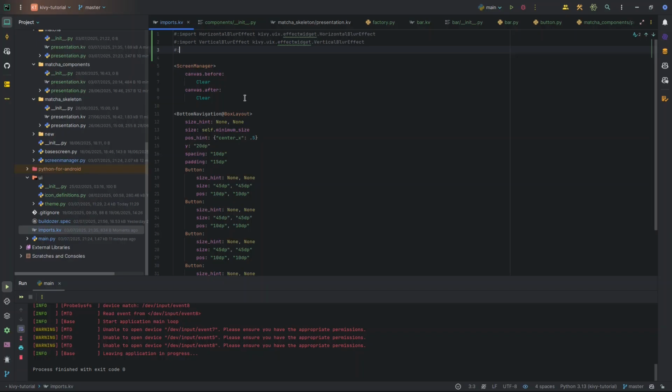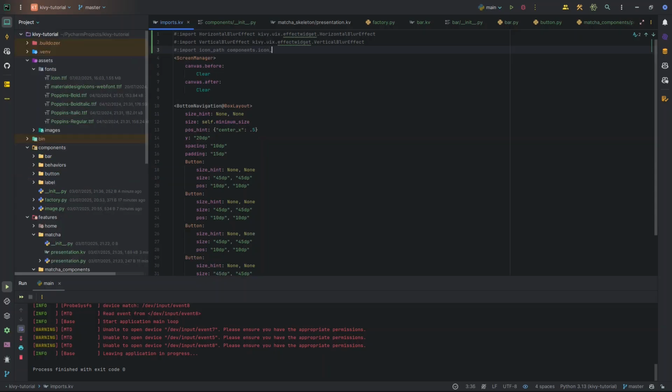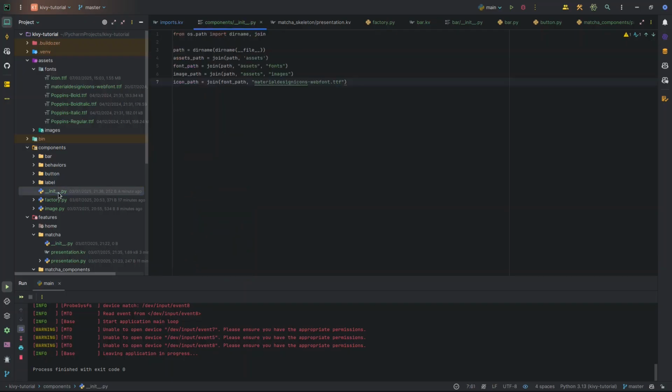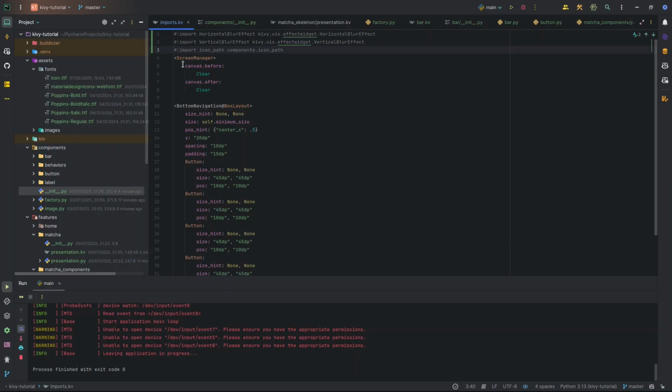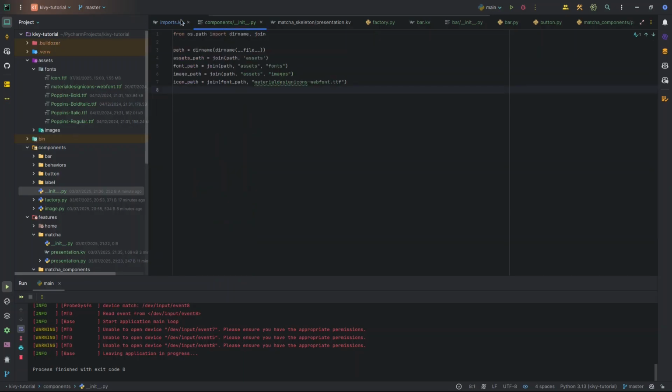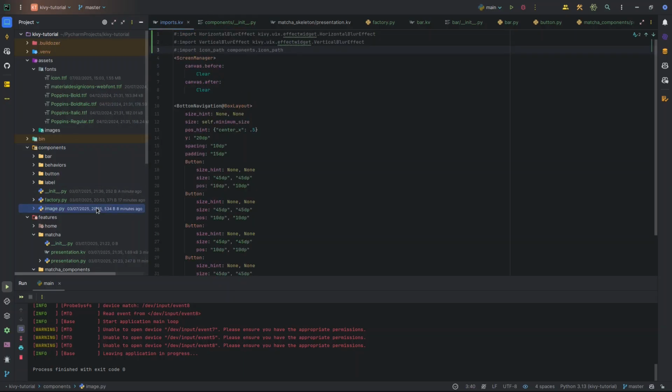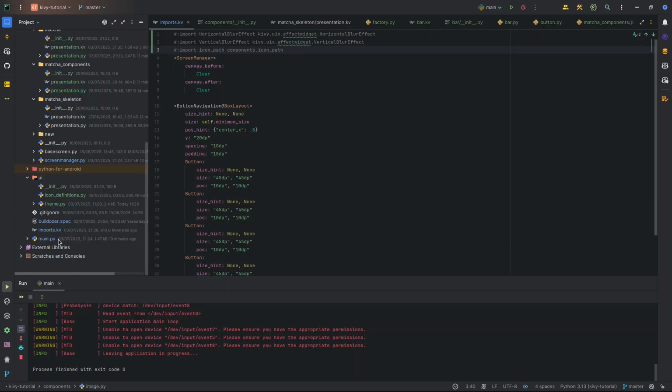Hashtag set, I guess. Icon path to component that icon part, because it's inside, it's in it. Yeah, so just put enter there. Let me make sure I convert. Okay, good. So once that is imported, I can go back to my code here